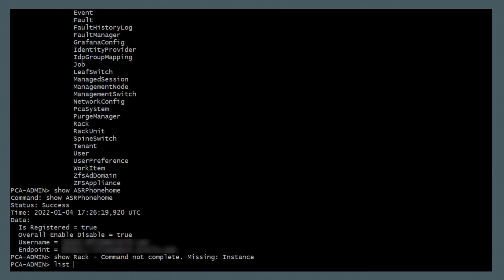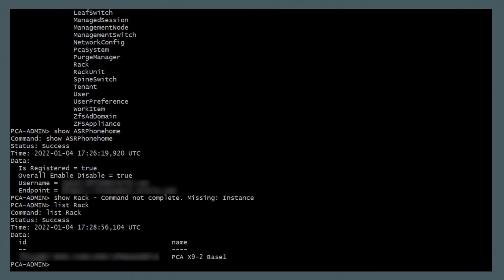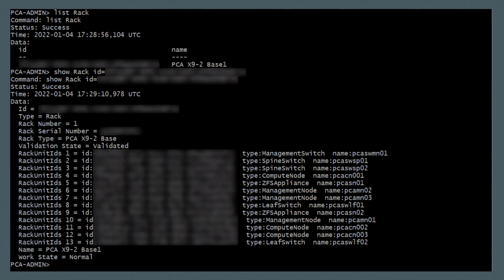I can get the instance ID by running the list rack command. Now I'll copy the ID for the rack and rerun the show rack command, but this time I'll include ID equal and paste the instance ID. The command runs this time and provides some details about the rack. I'll now run the